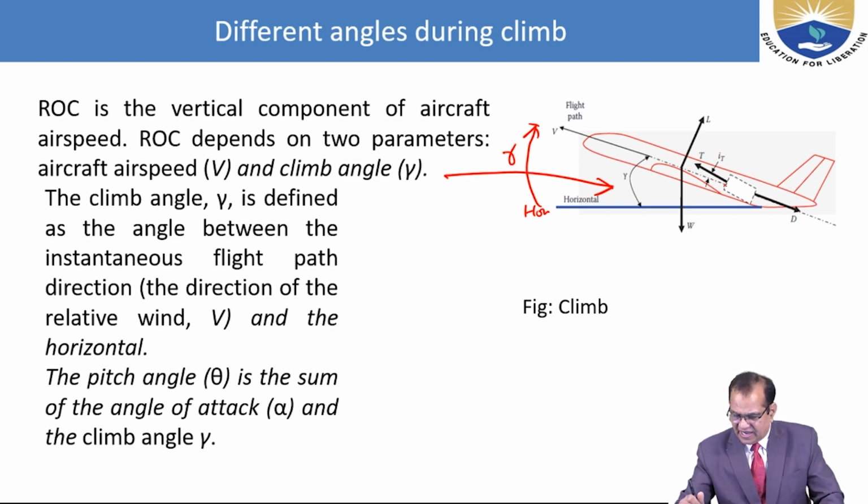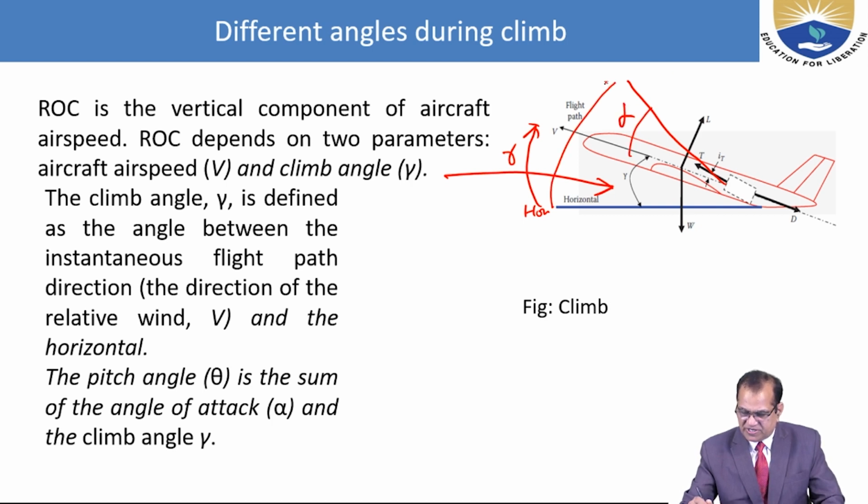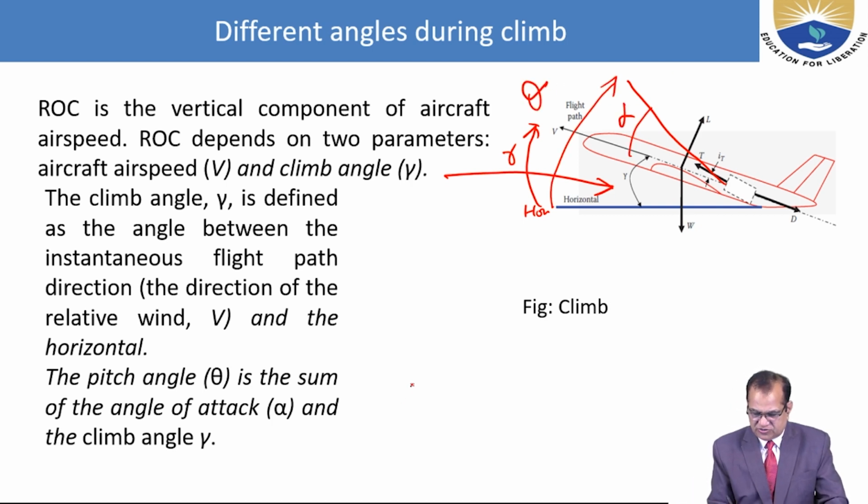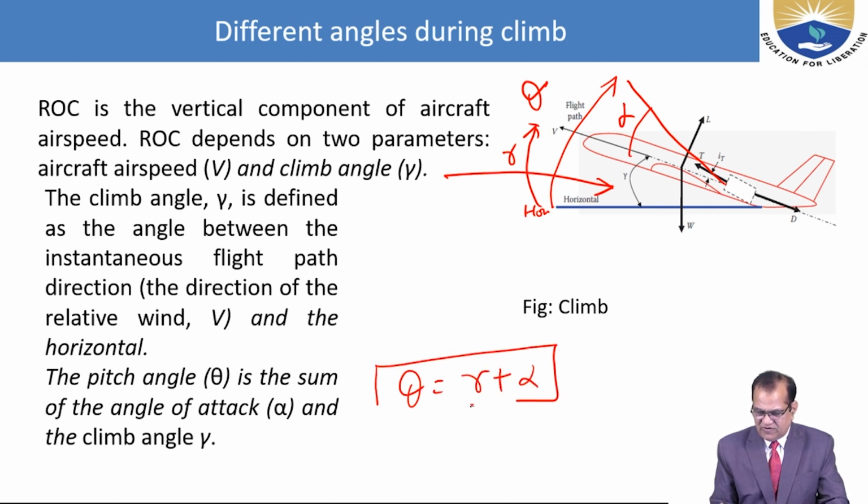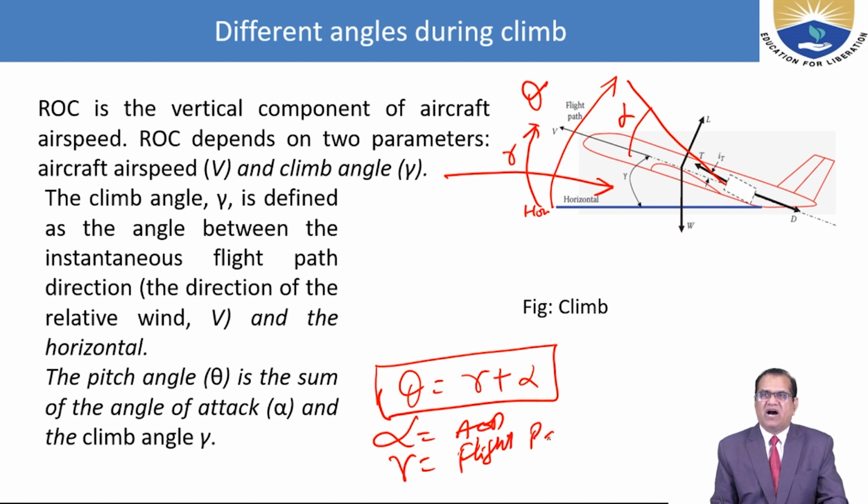If the angle of attack is alpha, and this is gamma, then from here to here it is theta. So theta is equal to gamma plus alpha,